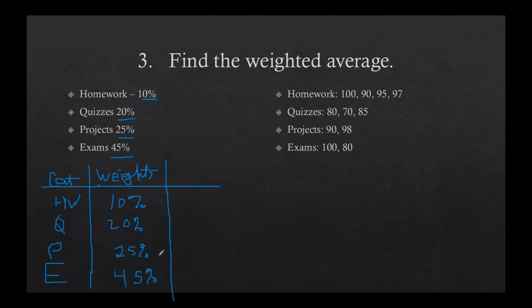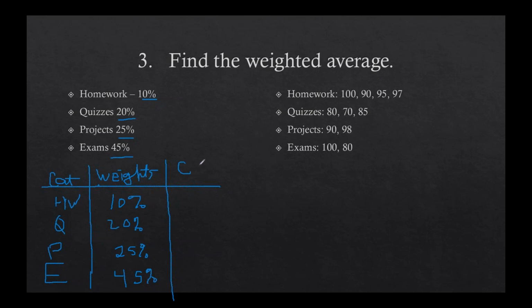I actually had a student yesterday, not in a class of mine, in a different math class on a different campus, and I was looking at her syllabus. The weights in that class did not add up to 100. They added up to 101. And I was like, that's weird. That's not accurate. You should ask about that because that's wrong. But anyway, they should add up to 100%.